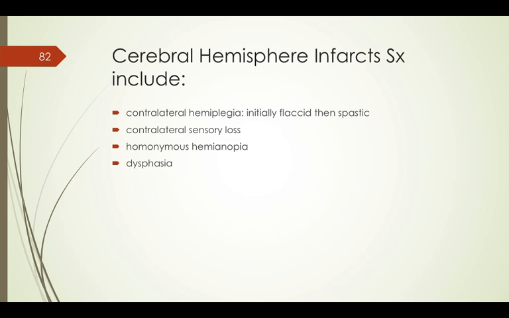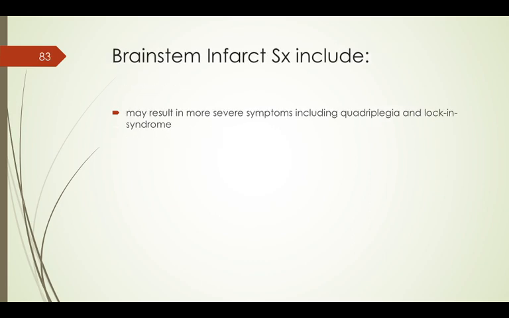Sensory loss, homonymous hemianopias, and dysphasias as well. Brainstem infarct is likely to lead to a quadriplegia and locked-in syndrome, which is basically when patients can see you, hear you, but they can't respond to you, and tends to be due to a problem with the pons